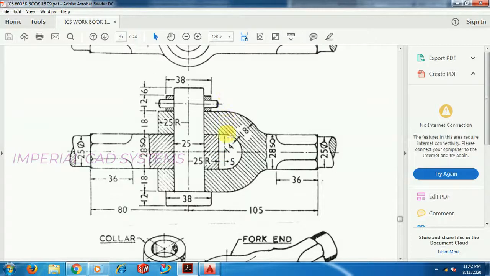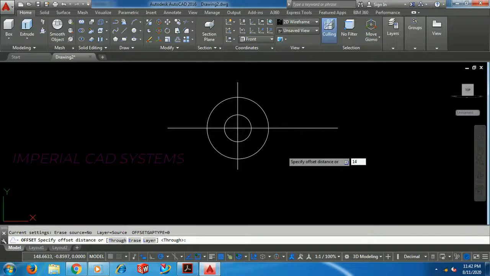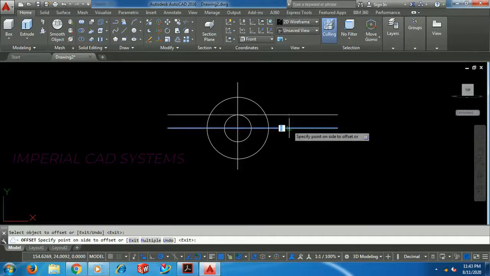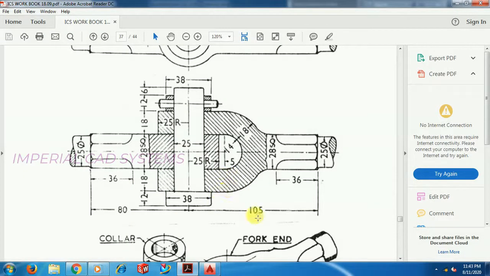Here we have a vertical line, 28 square. Offset the horizontal line 14, 14: O enter, 14, enter. This edge is located at 105 distance from this center axis, the assembly axis.